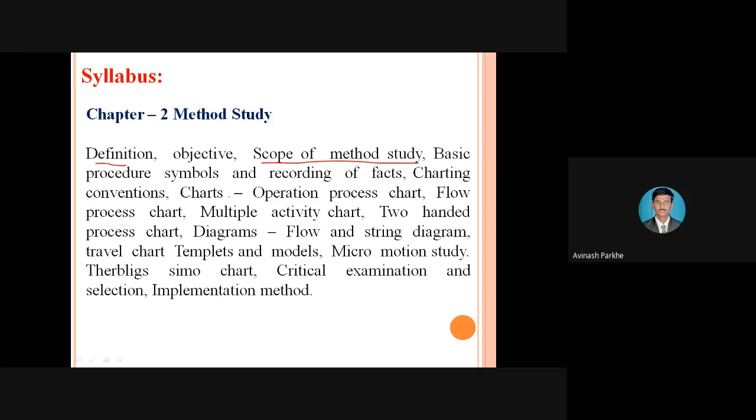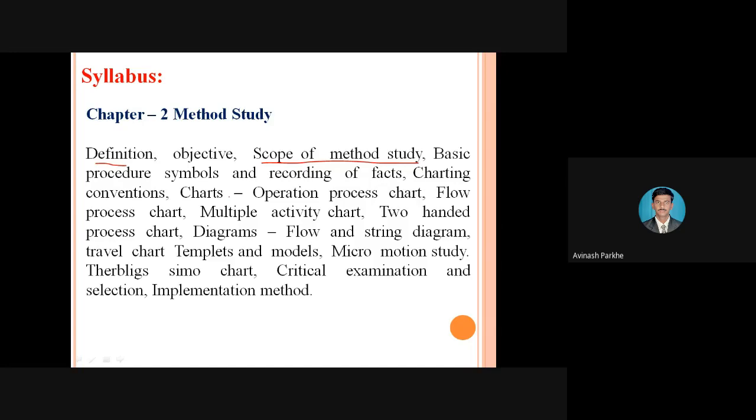If I give all the information in a descriptive manner, maybe two to three pages of writing, then unskilled operators are unaware, and sometimes they are not even able to read those pages. But if I represent that description in symbolic form, then workers can easily understand which operations they have to perform and what exactly they have to do. Therefore, in this method study, we are going to discuss and decide some standard